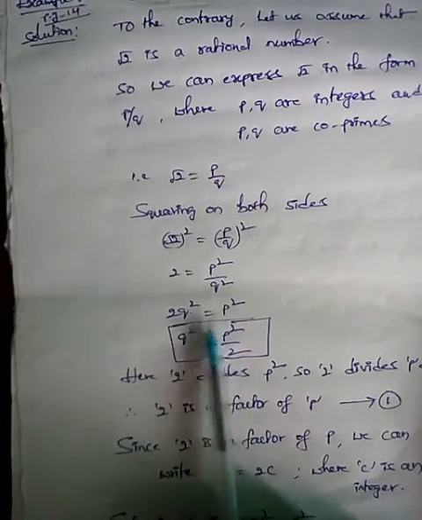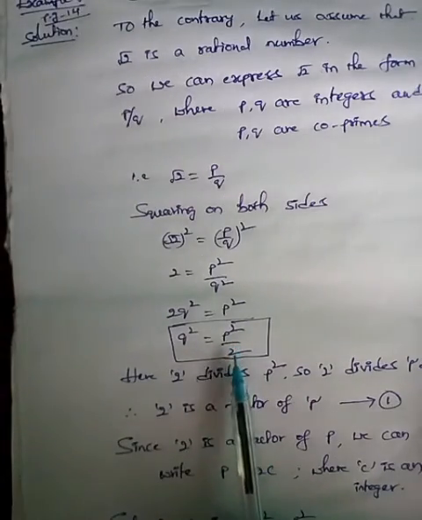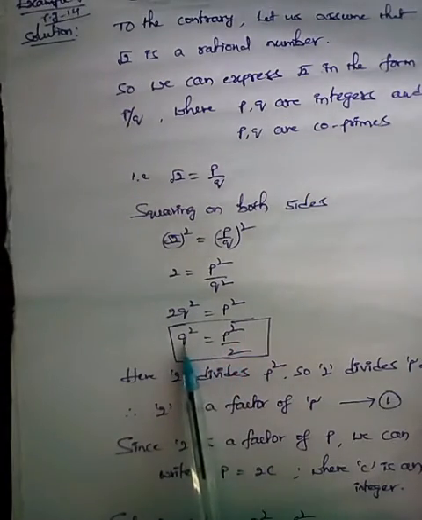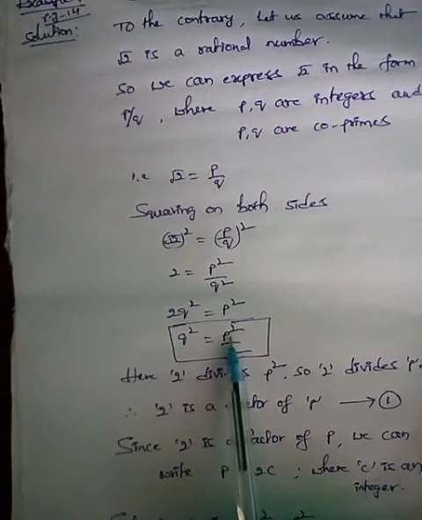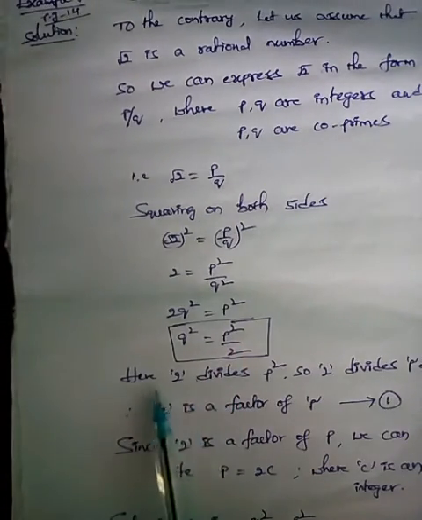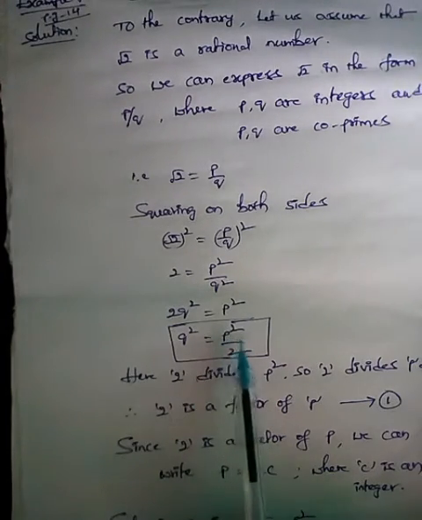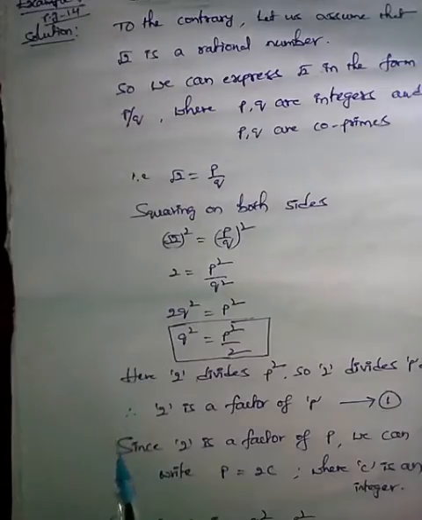What is the meaning of this equation? p square divided by 2 gives the result q square. That means 2 completely divides p square. So I wrote the statement here: 2 divides p square. If 2 divides p square, then it divides p also, because